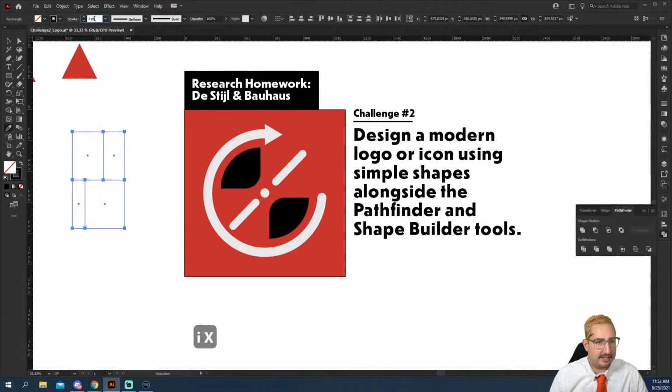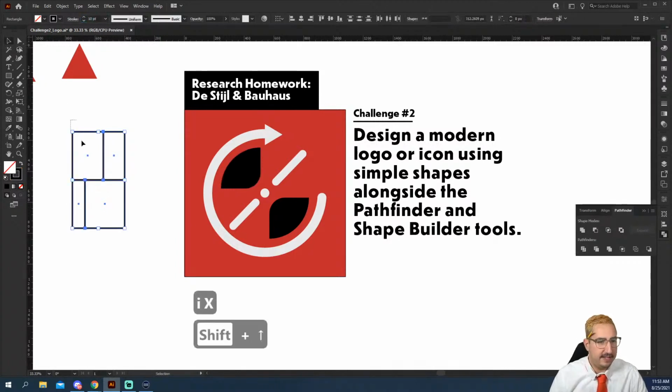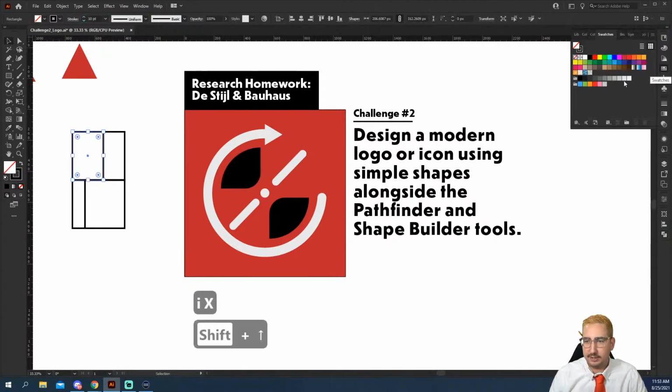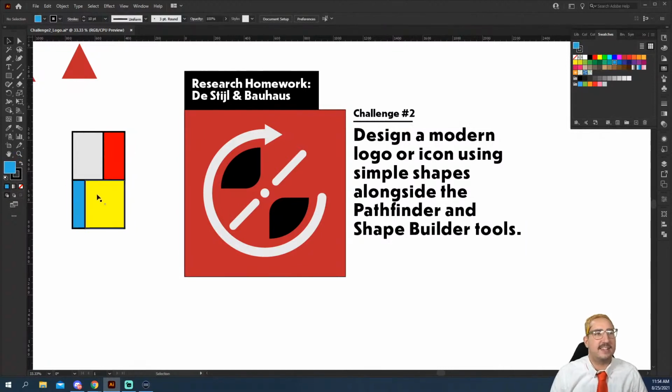Let's do that. And then this is how you may have seen De Stijl, with a little bit of white here, and then maybe some red here, and maybe it's looking familiar, right? You've probably seen something like this before, and this was a progression of the Bauhaus movement called De Stijl. It used simple shapes just like the Bauhaus style, but a lot more angular and structural. So do some research. Look up the De Stijl style and Theo van Doesburg if you can.